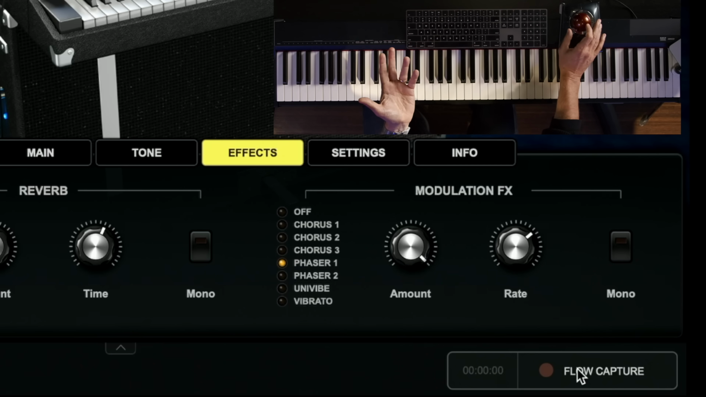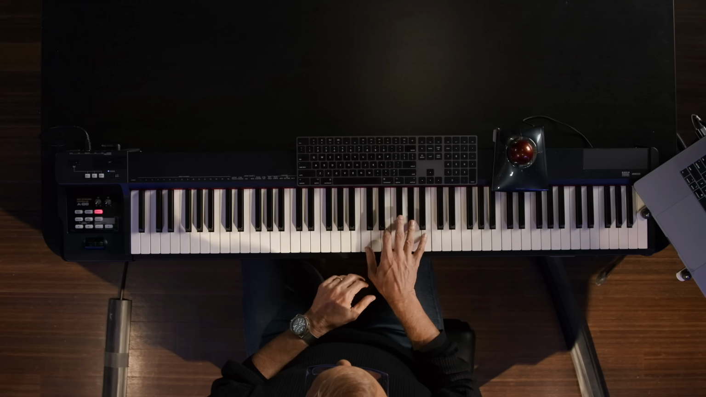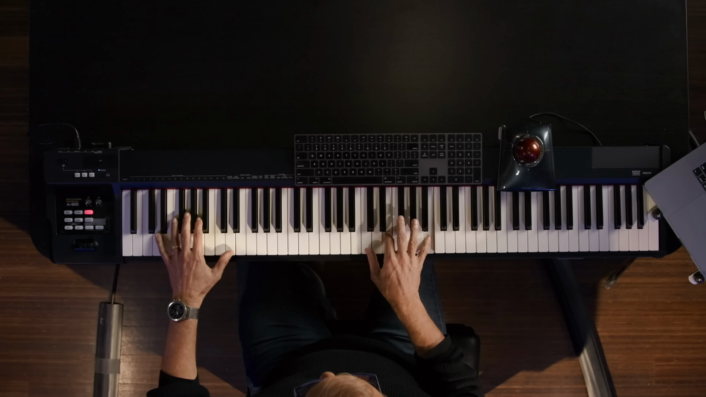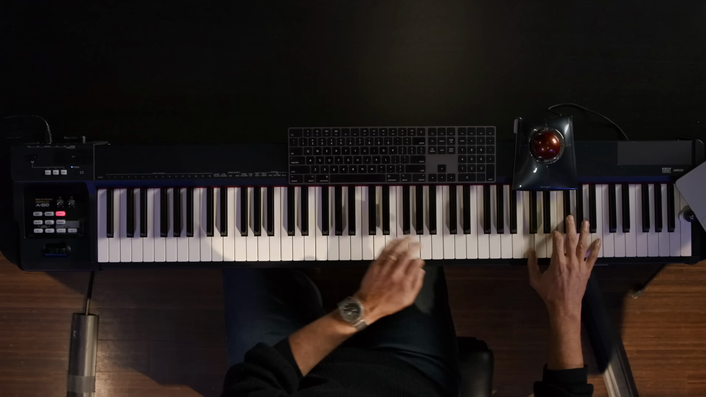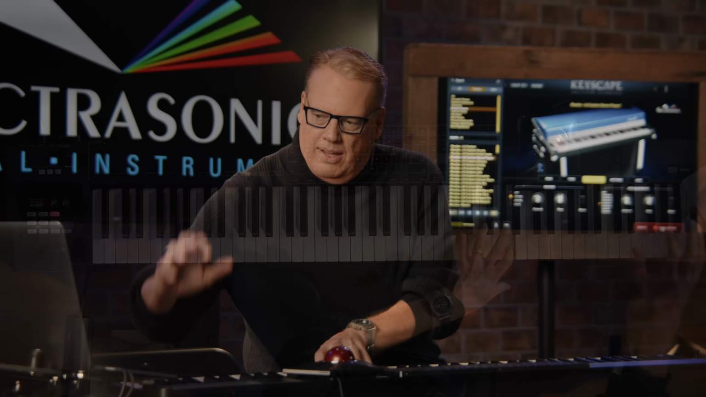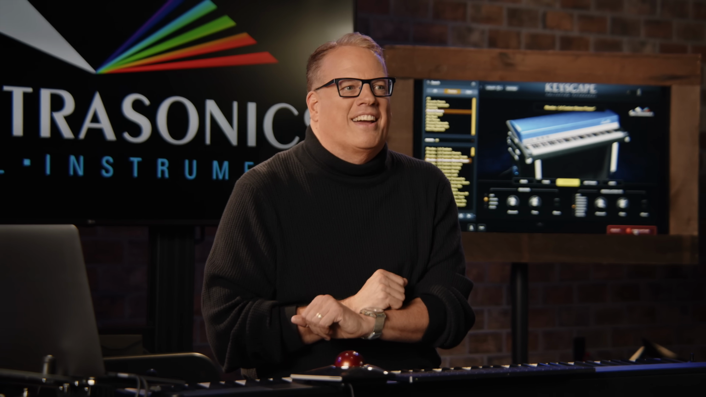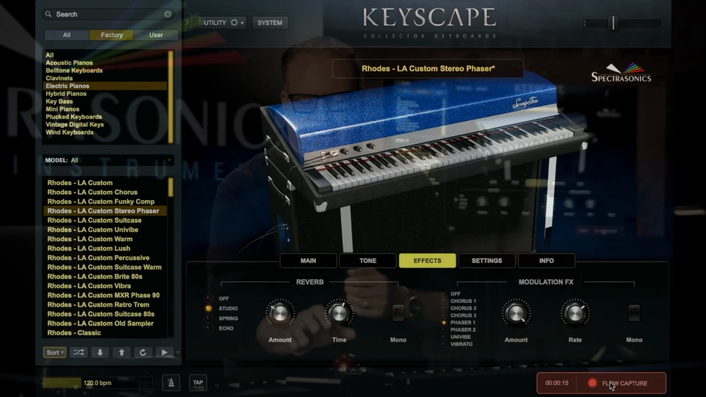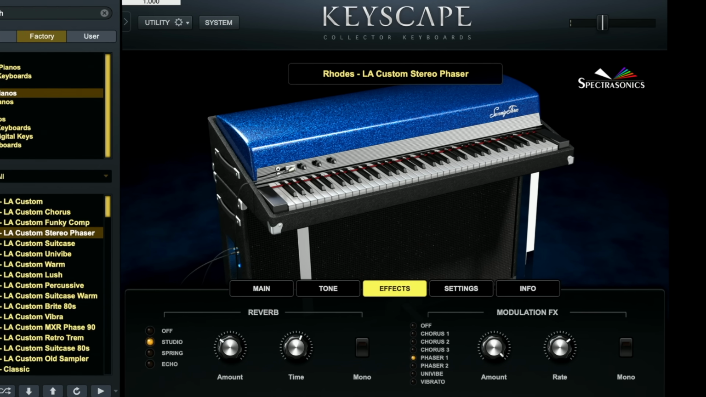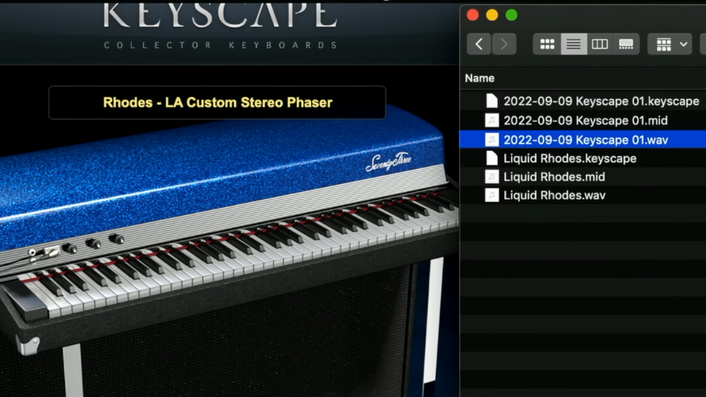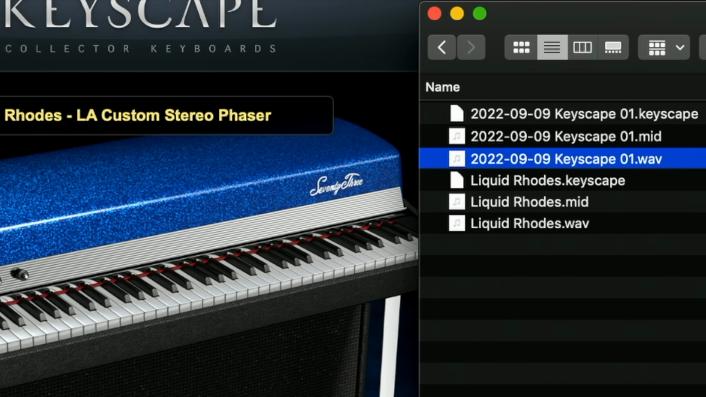So all I have to do is hit Flow Capture. And now I've got... all right, boom. All I have to do is hit Flow Capture, stop recording. And let's give it a quick name this time. I'm going to call it Liquid Rhodes. And hit save. And now I've got two ideas captured in all the formats that I need to recreate it